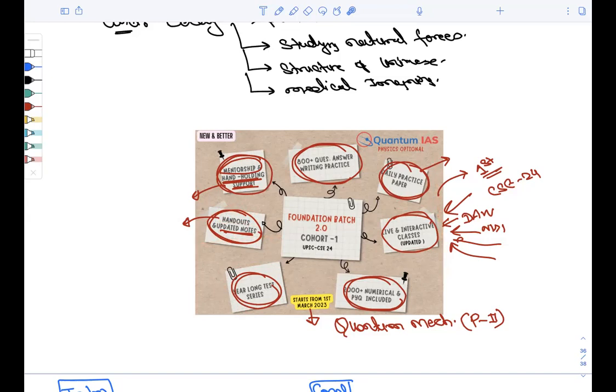Again, one more, that is the new thing that we are introducing here, mentorship and hand-holding support. Till now, we have had the mentorship support, right? That if a student wants to ask any question on WhatsApp, Telegram, they can ask. If a student wants to discuss strategy, preparation level, whatever he or she wants to ask the mentor, they can ask. There will not be a two-way communication, that the mentor is not going to ask those students what you are doing. But this year we are going to launch our hand-holding support, and that too on a weekly basis.